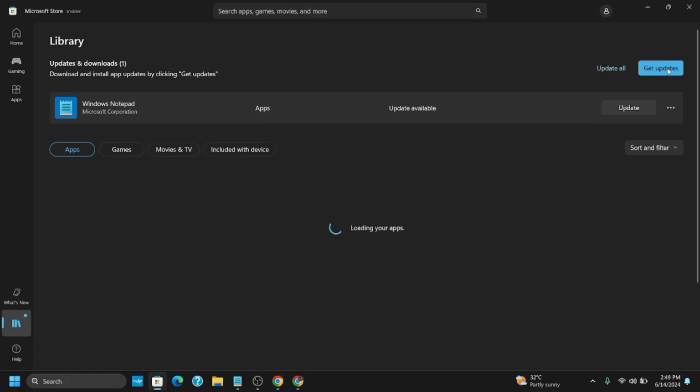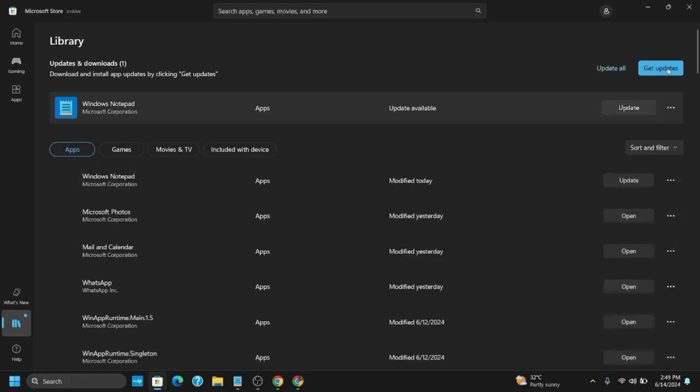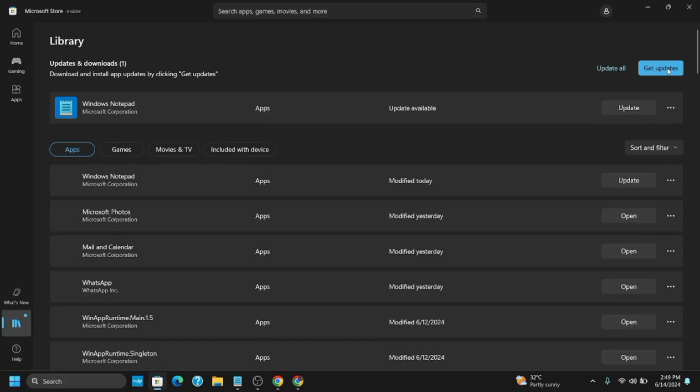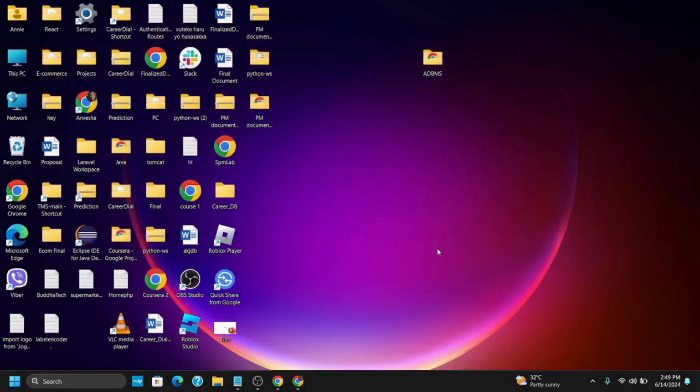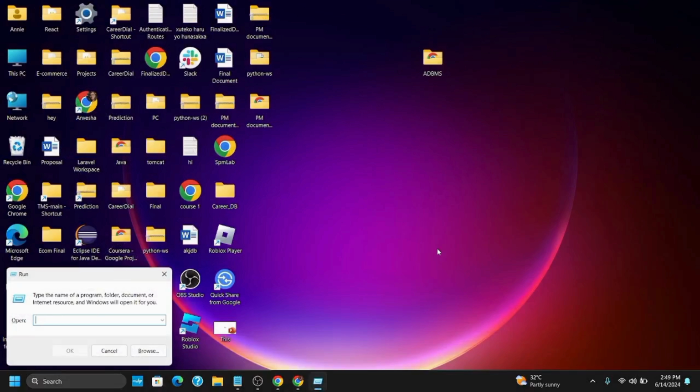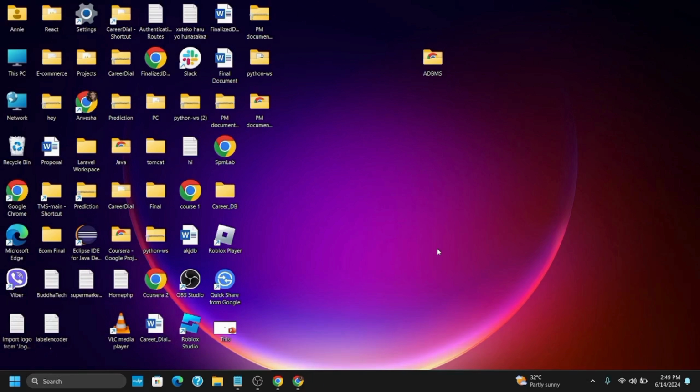issue. However, if it does not, let's move on to step 2, or method 2, which is resetting your Microsoft Store. So in order to do this, you just have to press Windows plus R to open the Run dialog box. Now type in wsreset.exe, which will reset the Microsoft Store cache and open the store again. Now if you try to open the application again, it should probably work and the installation should also be